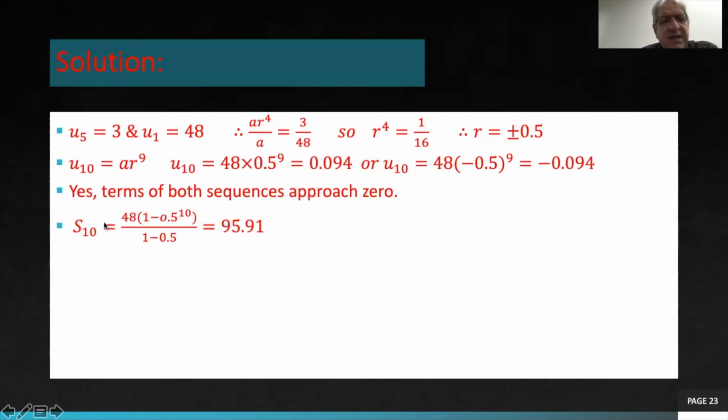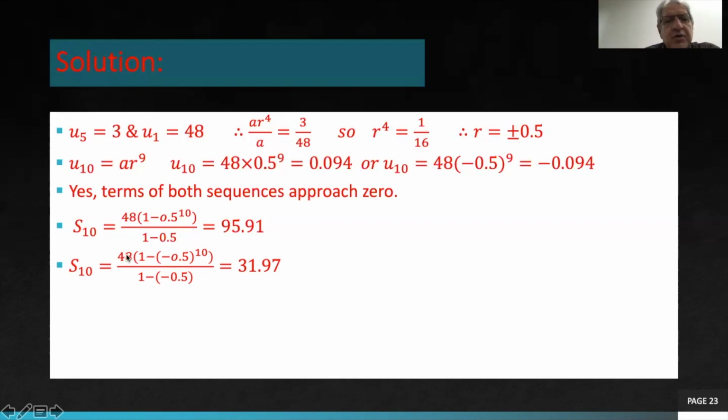Now, S10 will be equal to, what was the formula for that? It will be a(1 minus r to the power of n) divided by 1 minus r. If we just put it in the calculator, you are going to get 95.91. Now, if you are selecting the other r, that means r equal to negative 0.5,